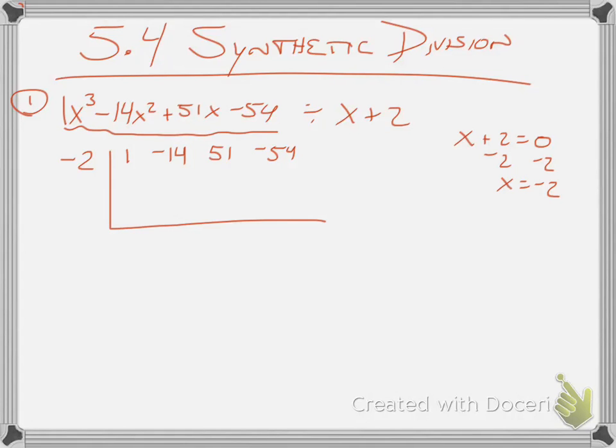And what I do, always bring down that first term, so that's going to be a 1. And then I'm going to take this value that's on the outside, -2, and multiply it with what's in this line here. So -2 times 1 is equal to -2, and that goes up there. So that becomes -2, and then combine, -14, -2 becomes -16. And then multiply, -2 times -16